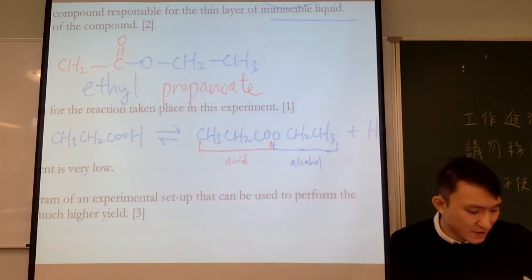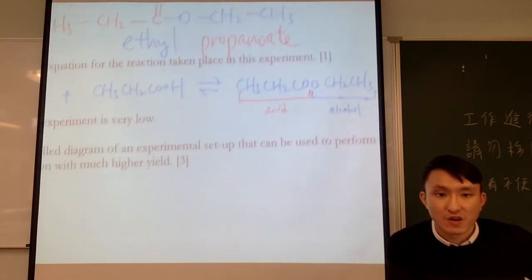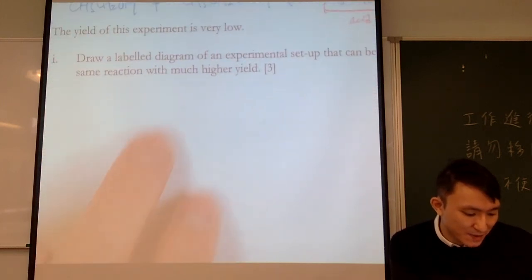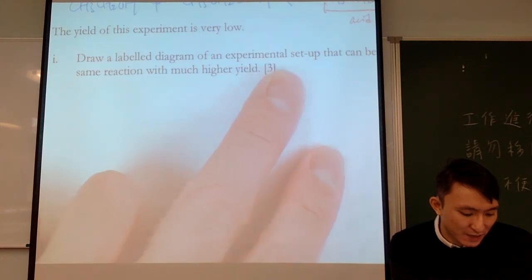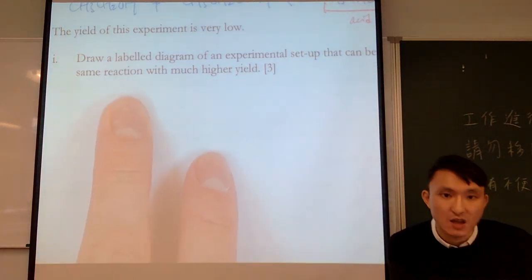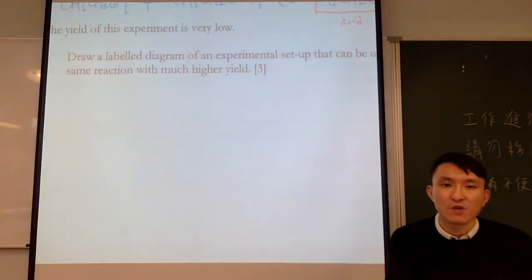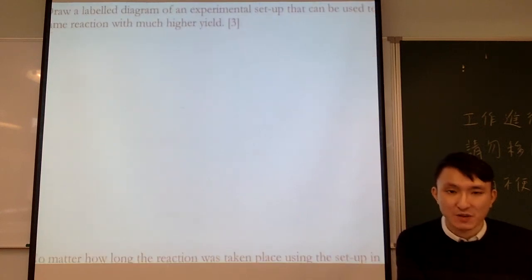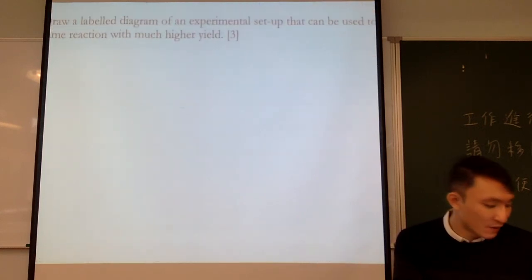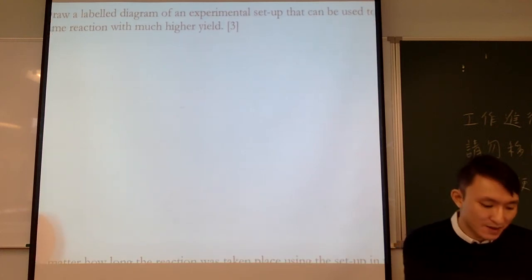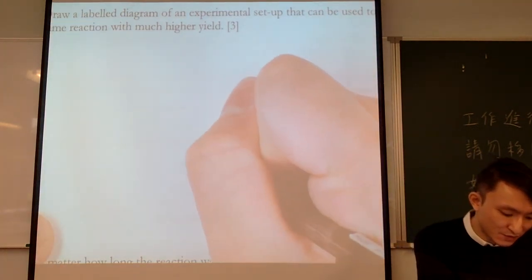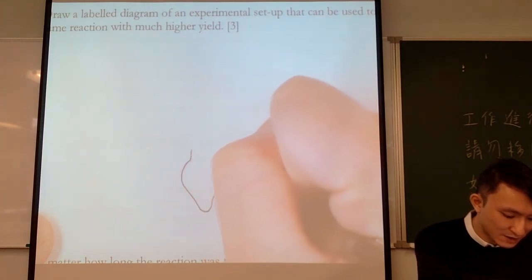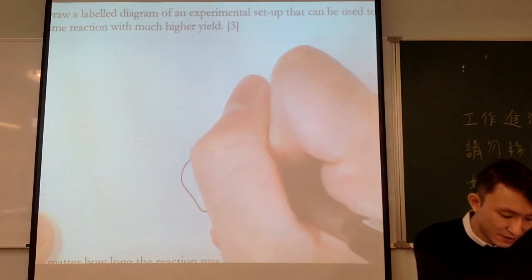Now for this experiment, the yield of the ester is very, very low. So draw a labeled diagram of an experimental setup that can be used to perform the same reaction with much higher yield. For an esterification reaction, we need to heat under reflux. So we need a heat under reflux setup, which is quite easy. So you will draw a flask here,